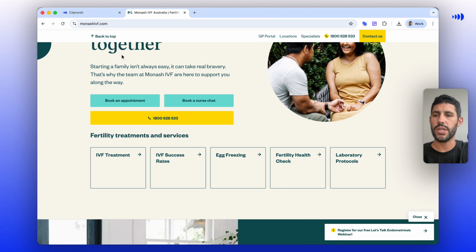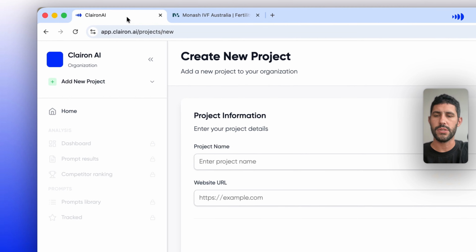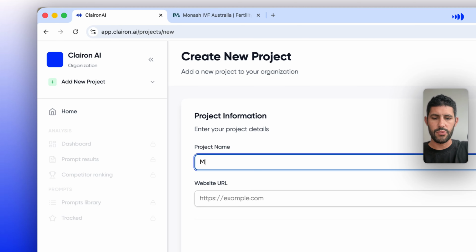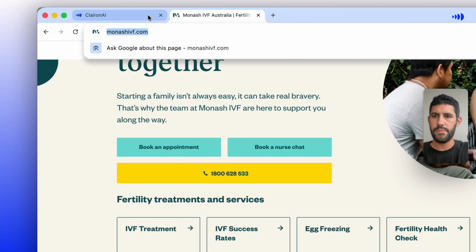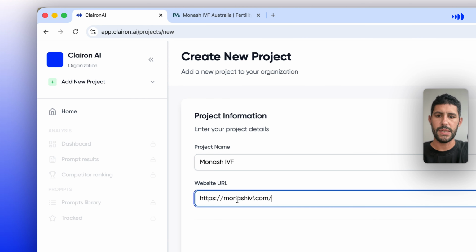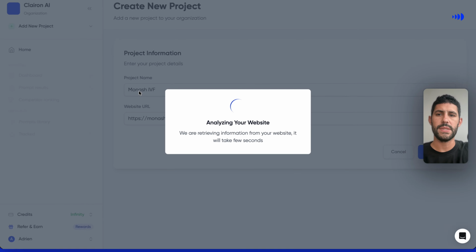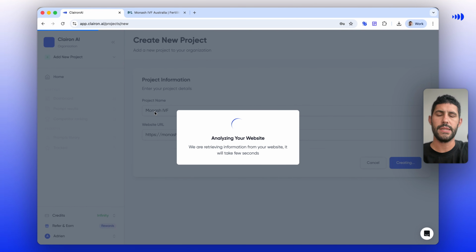To do so and to check their visibility, I'm going to use Clairon AI, and I will create a new project. I'm going to name this project Monash IVF, and I will copy-paste their website URL. Clairon is going to analyze the website and basically pre-populate all the project information using the